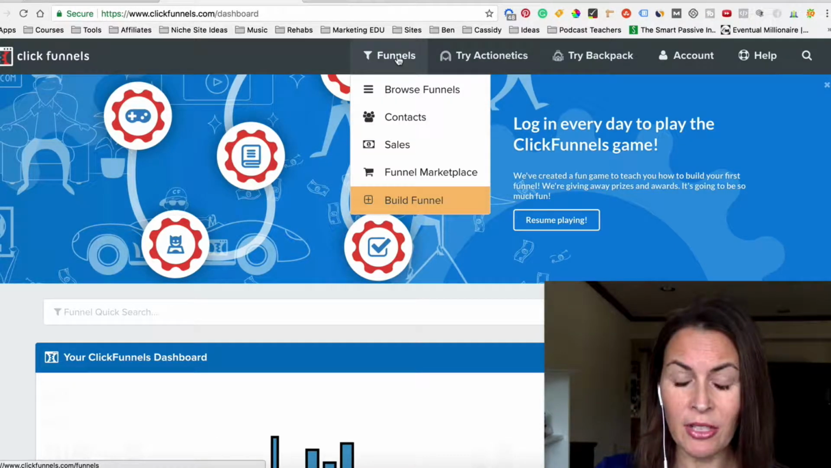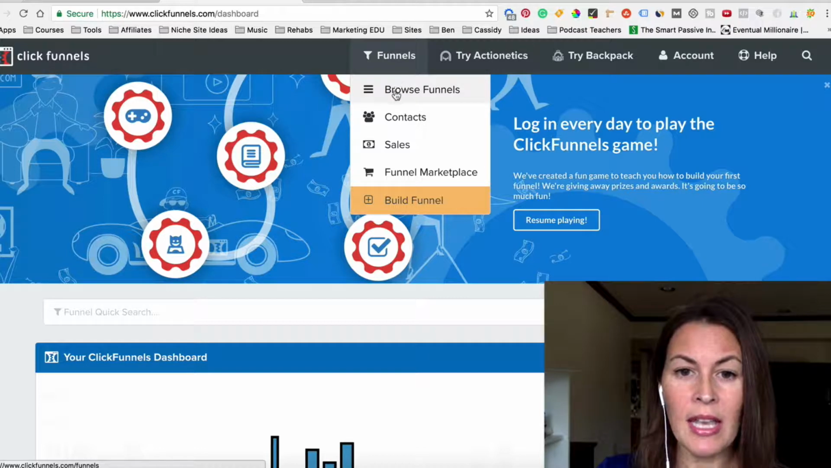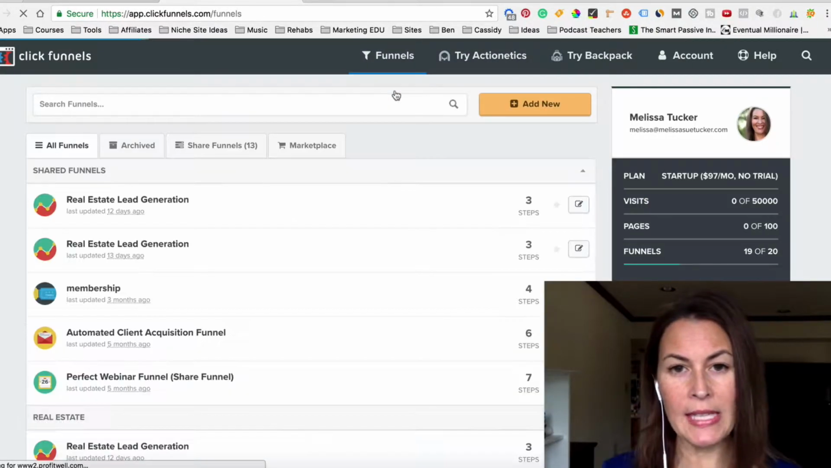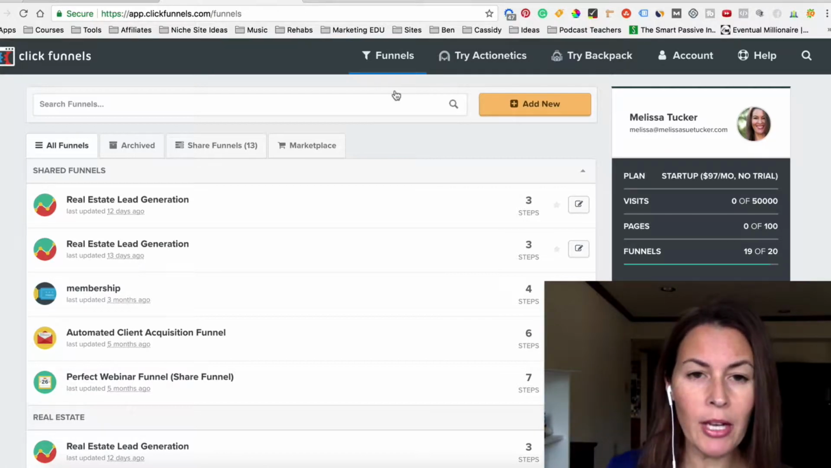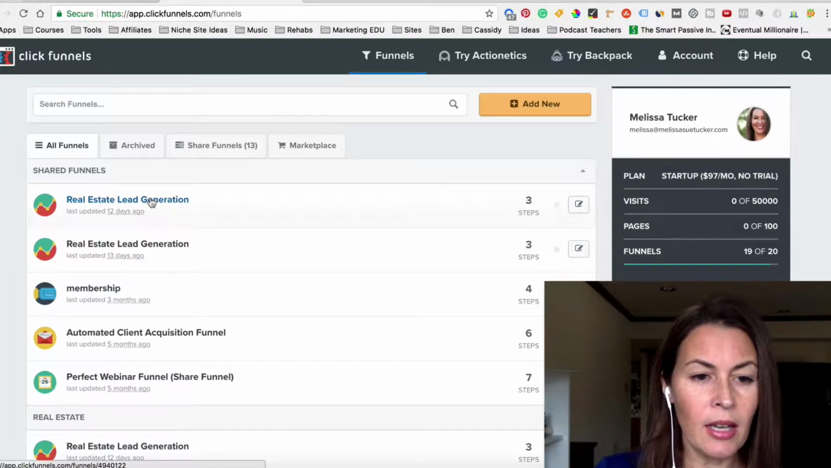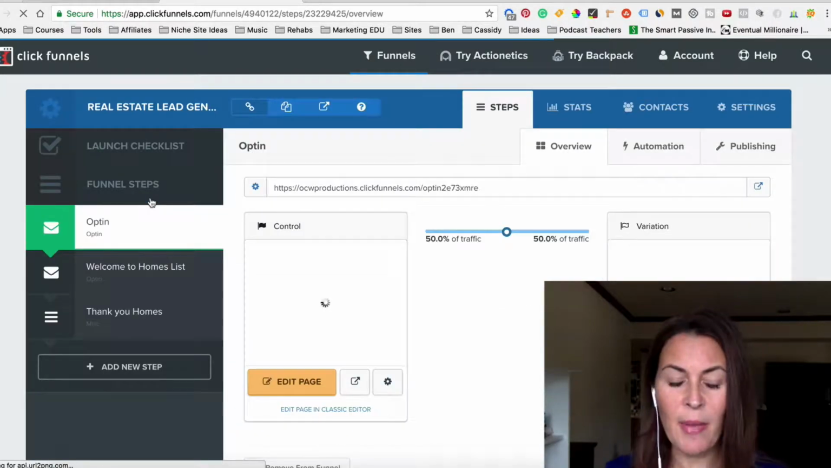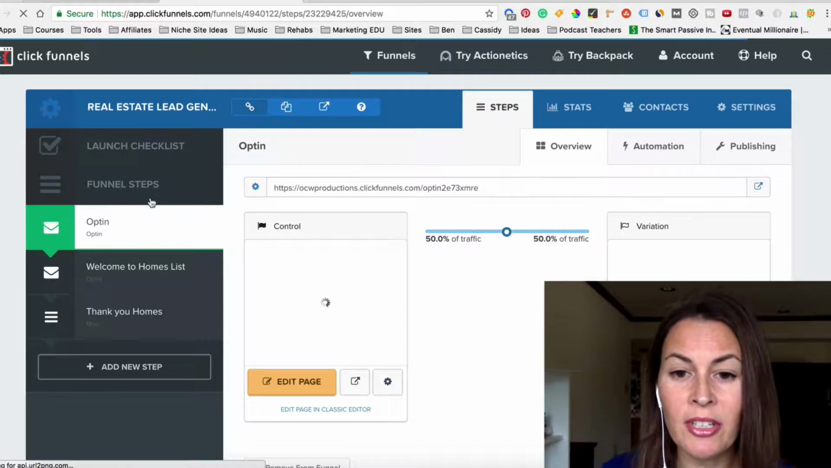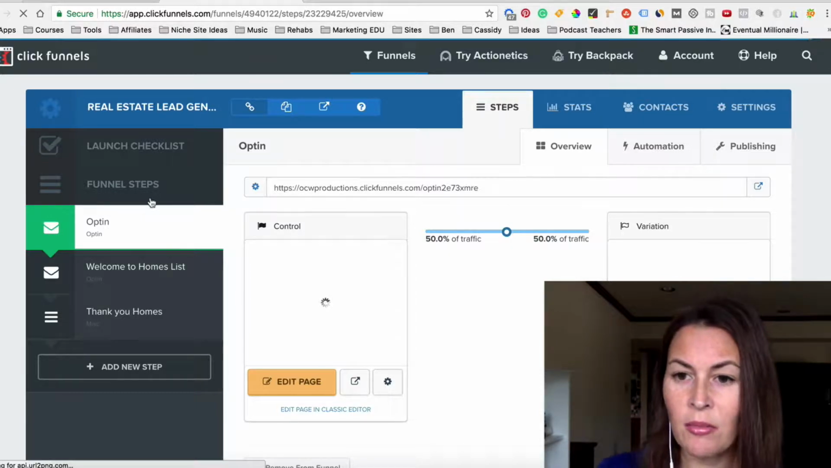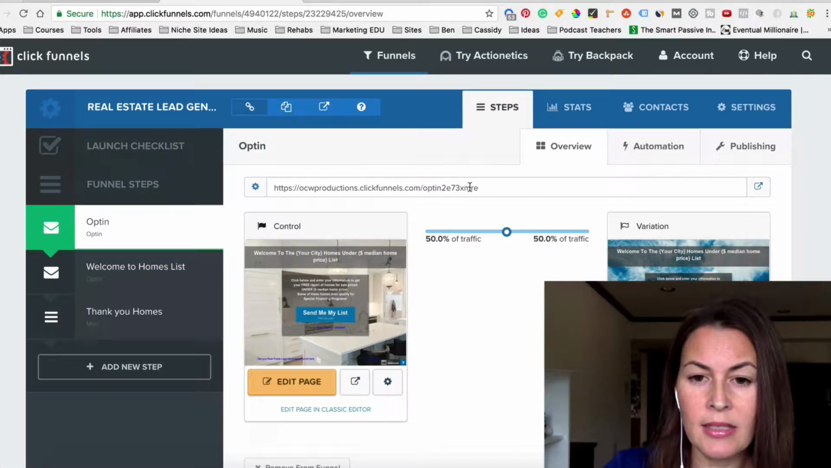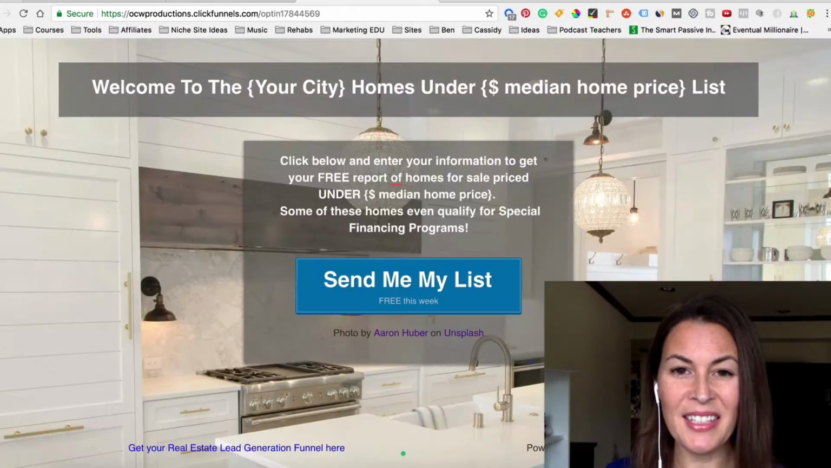Once you're inside ClickFunnels, you're going to mouse over Funnels and click once on Browse Funnels. That's going to bring up the funnels that you have in there. Now, I have quite a few. I've been using it for other things, but within here, you're going to click on the Real Estate Lead Generation funnel. This is the back end of your ClickFunnels funnel. I'll show you the front end of what this looks like by double clicking and pasting it in a new